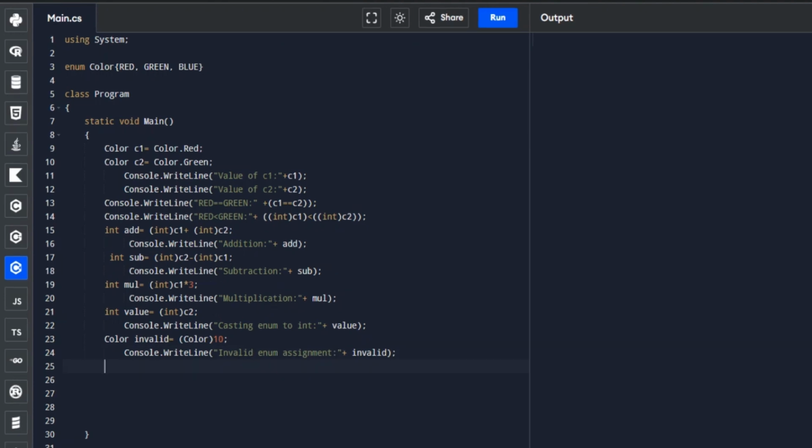Okay, since we are done with the assignment, I mean assign invalid integer value, let's now go to the next operation, which is using enum in condition. So we're gonna check if the enum variable equals a specific constant.